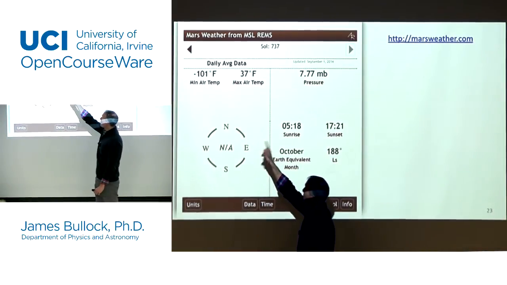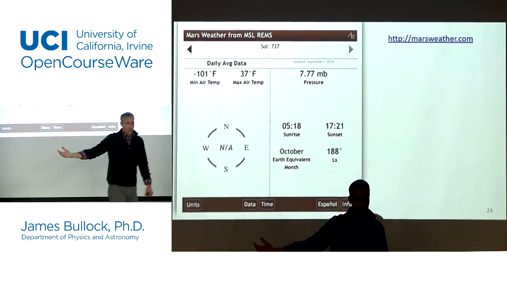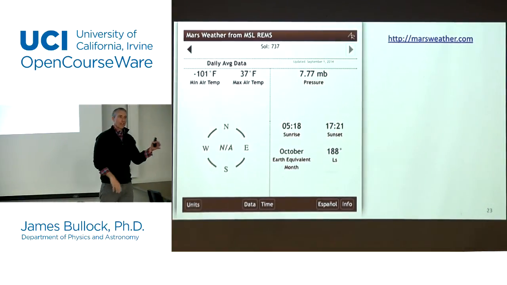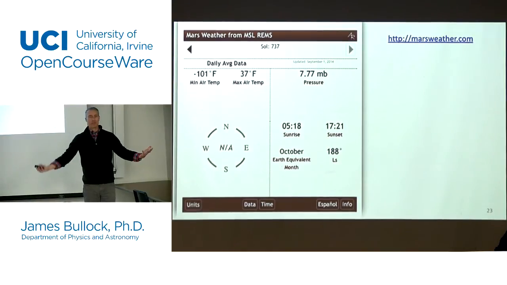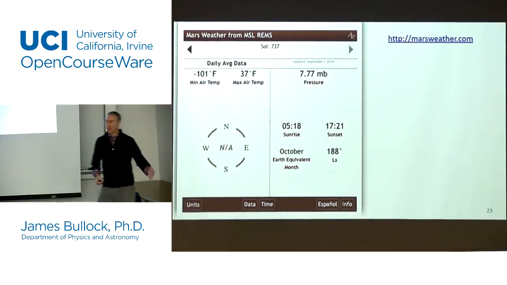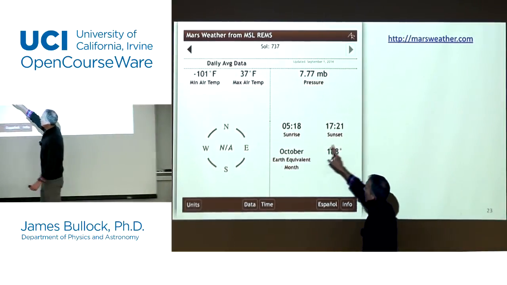The range of air temperatures on the surface of Mars where it is today goes from minus 100 degrees, so very cold, up to something just a hair above freezing. So there are times when it's actually warmer in certain places on Mars than it is in certain places on the Earth. They're not that extreme differences, but usually it's a lot colder on Mars than it is on Earth. The pressure is very low.